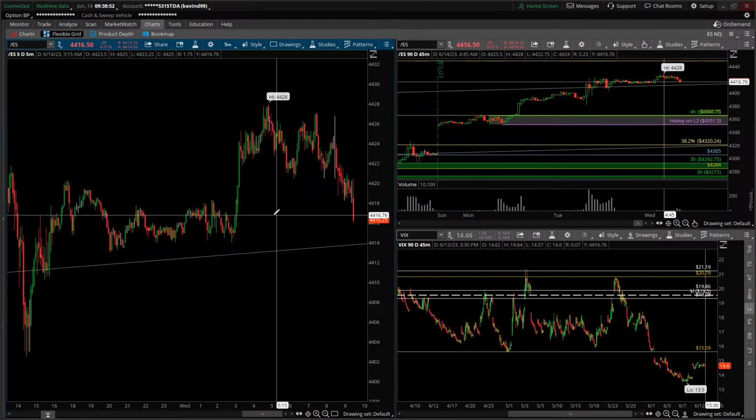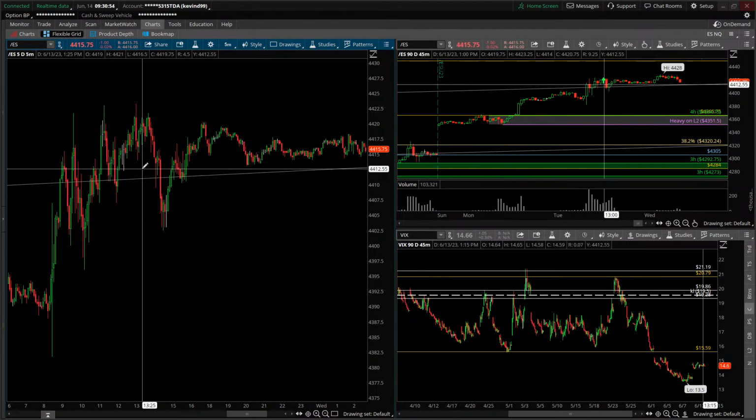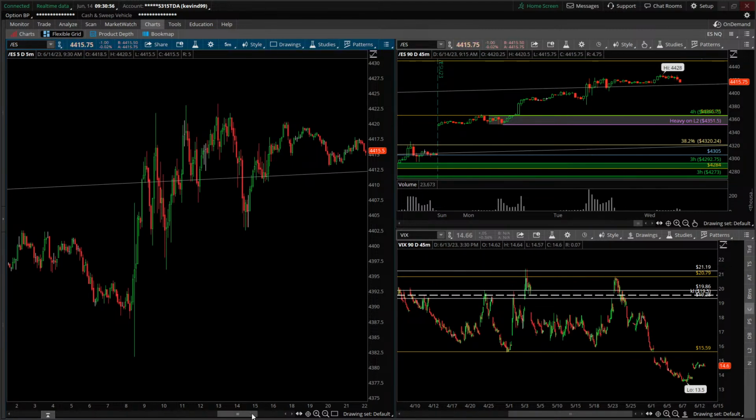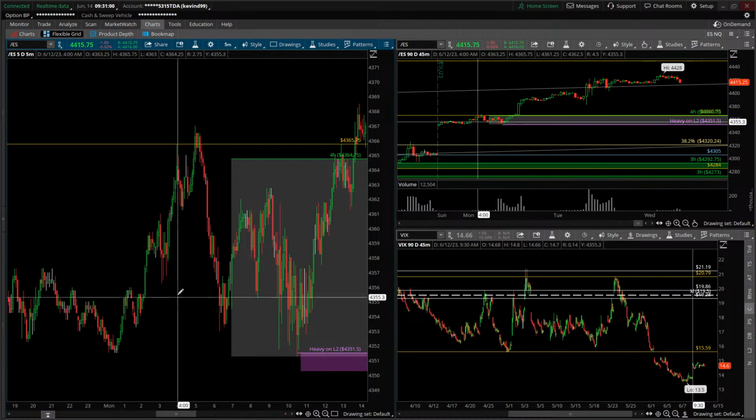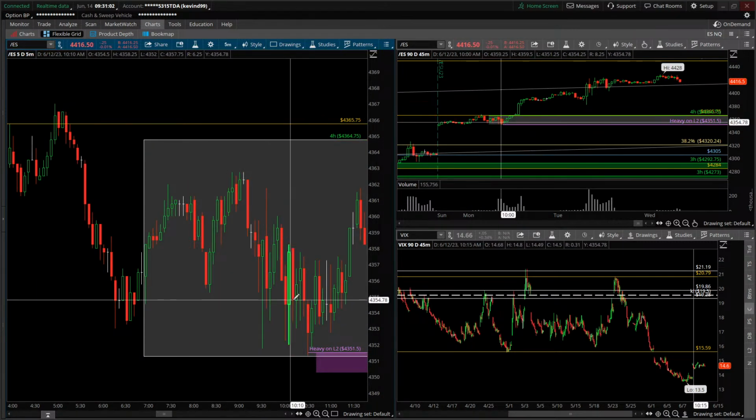Like when we had that really low volume, what was that? I think that was just this past Friday. We had that super low volume. We were very choppy for a bit, right? I think yeah. Here we go. So